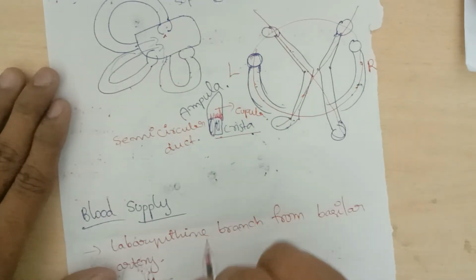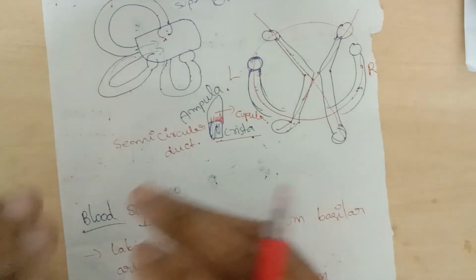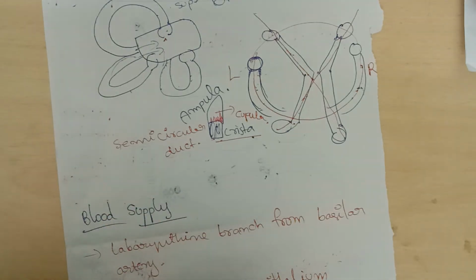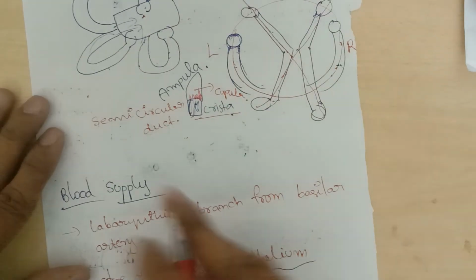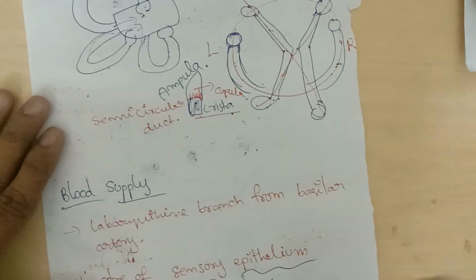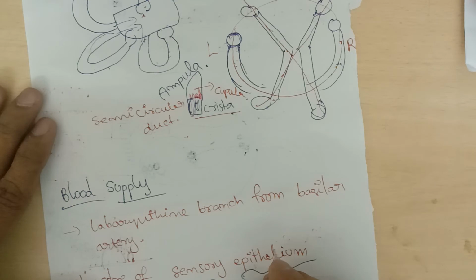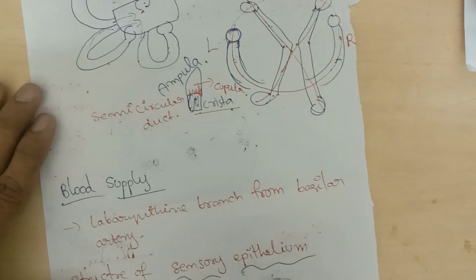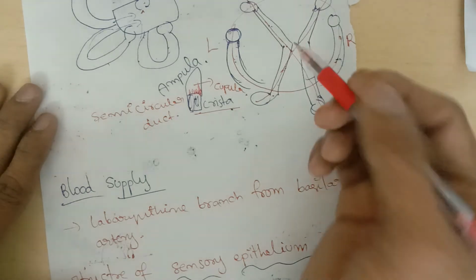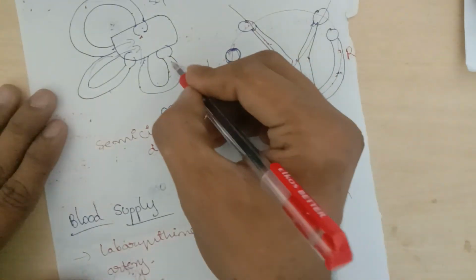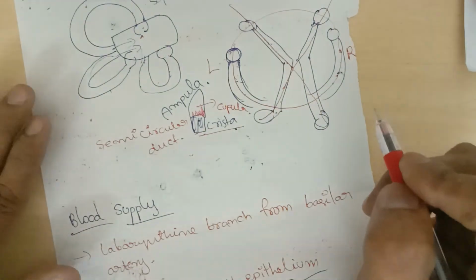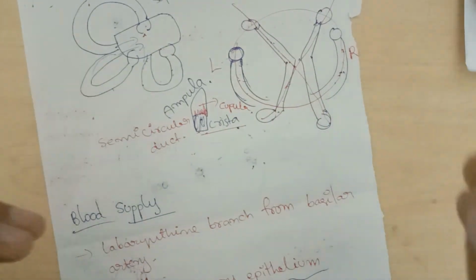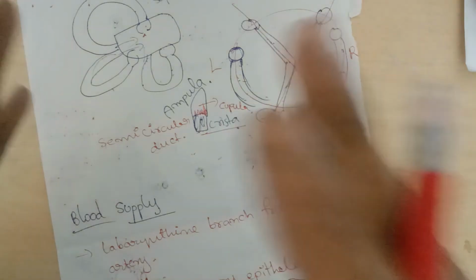These semicircular canals help in detecting head movements in the vertical plane and right. If the head is rotated towards the shoulder, then these two horizontal semicircular canals help if the head is in